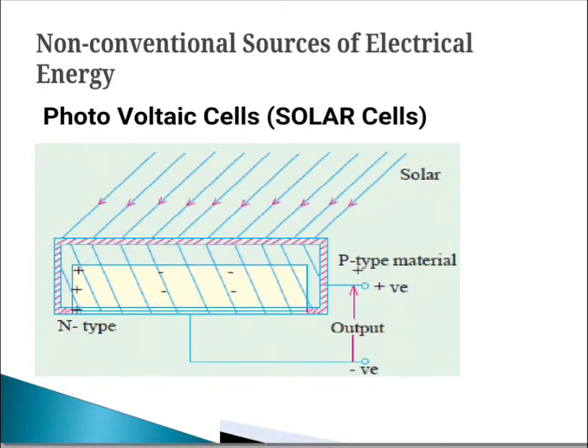The second combination is the parallel combination of photovoltaic cells. In this parallel connection of the cells, the voltage remains the same and the magnitude of current becomes double. The third option is the series-parallel combination of photovoltaic cells. In the series-parallel combination, the magnitude of both the voltage and current increases, and therefore solar panels are made by series and parallel combinations of the cells.